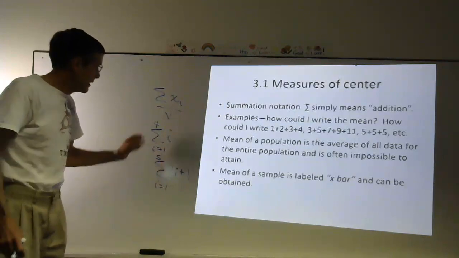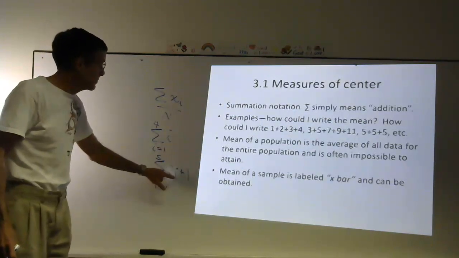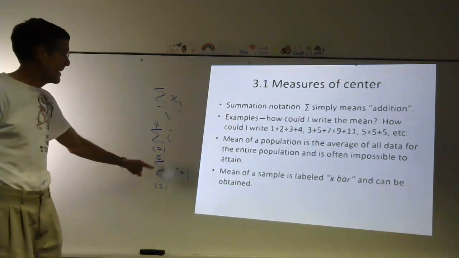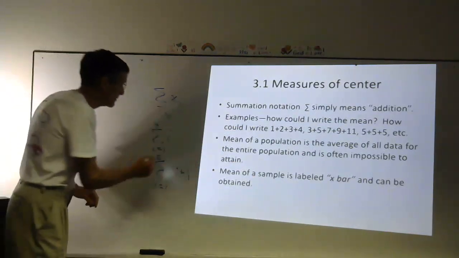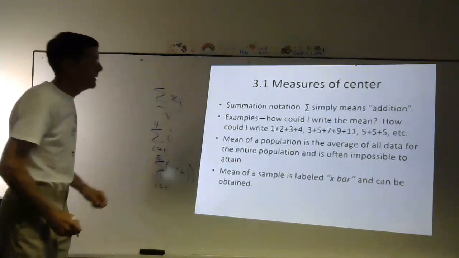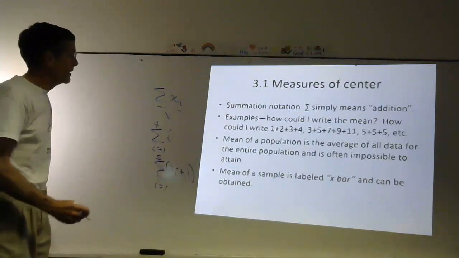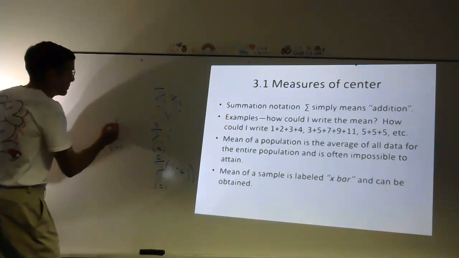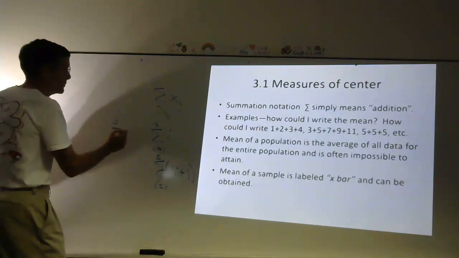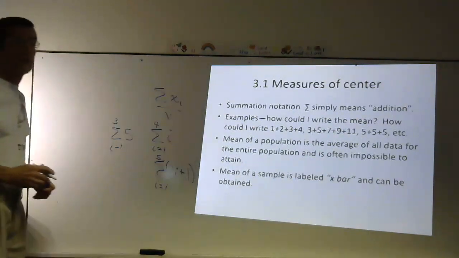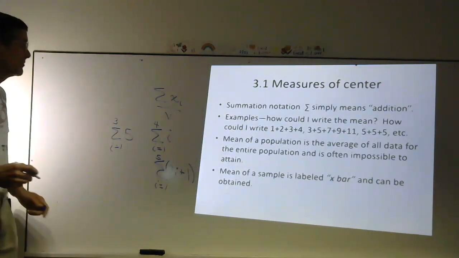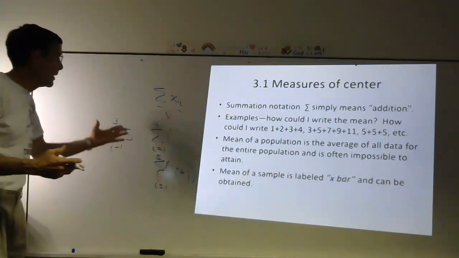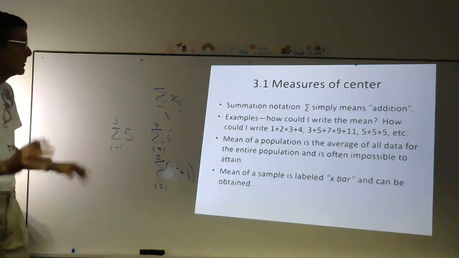See, it checks. Going the whole way to the last one, 2 times 5 is 10, plus 1 is 11, okay? That's technically the correct way to write this. The last one, 5 plus 5 plus 5, you could do it this way: summation i equals 1 to 3. That'll take you through 3 revolutions, and you're just adding 5, okay? It'd be simply 5 the first time, 5 the second time, 5 again, because there's no i in it. I did want to show you that.